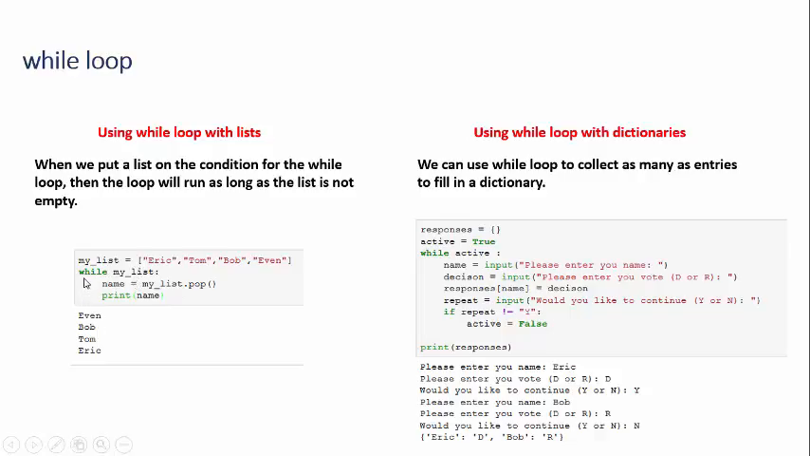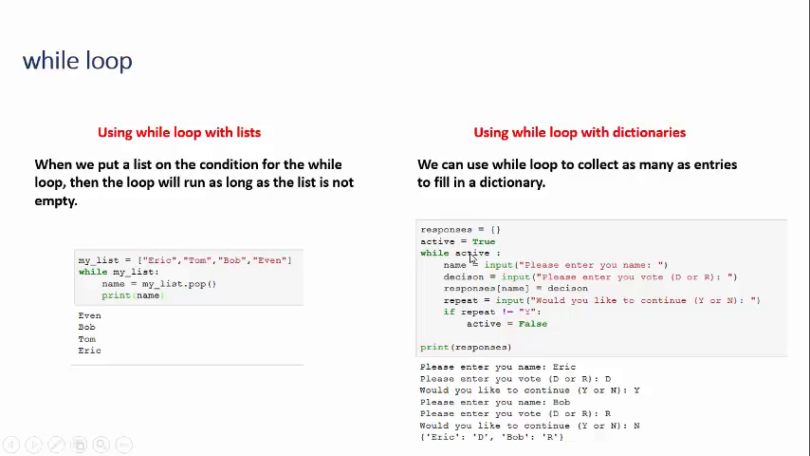When it's empty, it's actually a signal to the while loop to stop and go to the next code segment. So we can actually put a list name, a variable which is a list, into the while loop as a condition. And another example is using the while loop to fill in the dictionary. In this particular one,